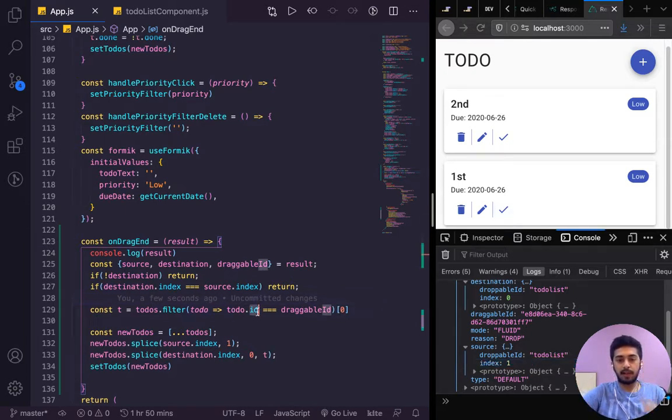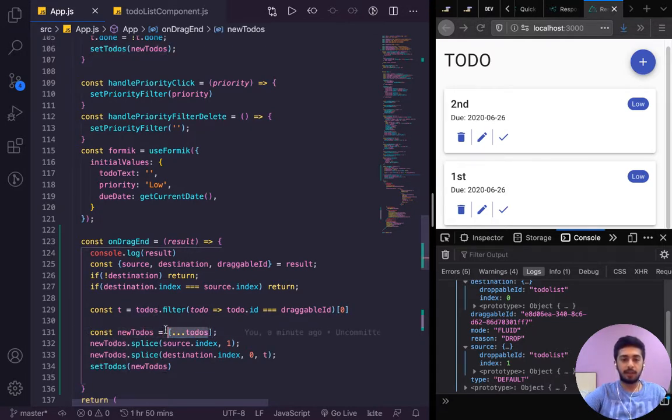So first, from the draggableId, we are extracting the to-do from our original to-dos, and this is the to-do that we need to move. And then we are just making a copy of the original to-dos because we don't mutate state directly in React. That's the thing that you need to take care of.